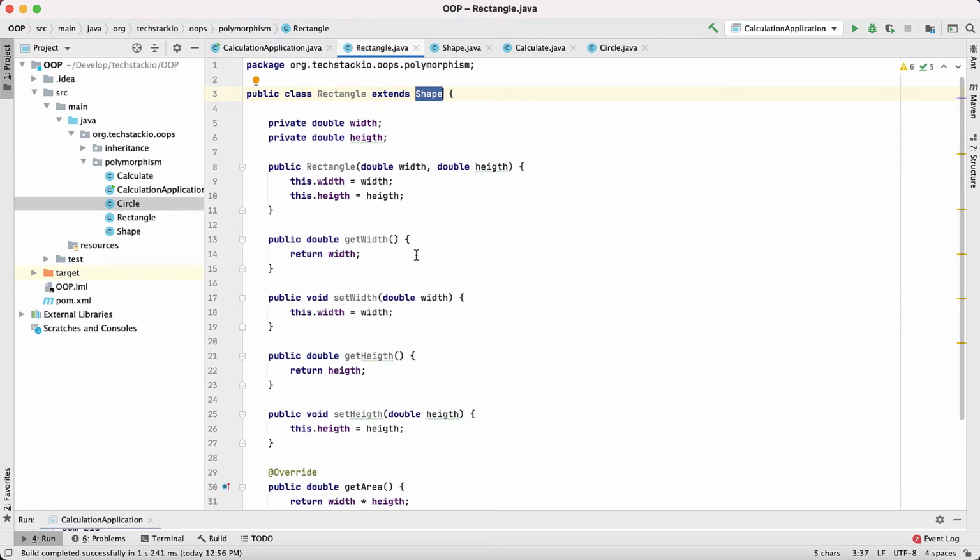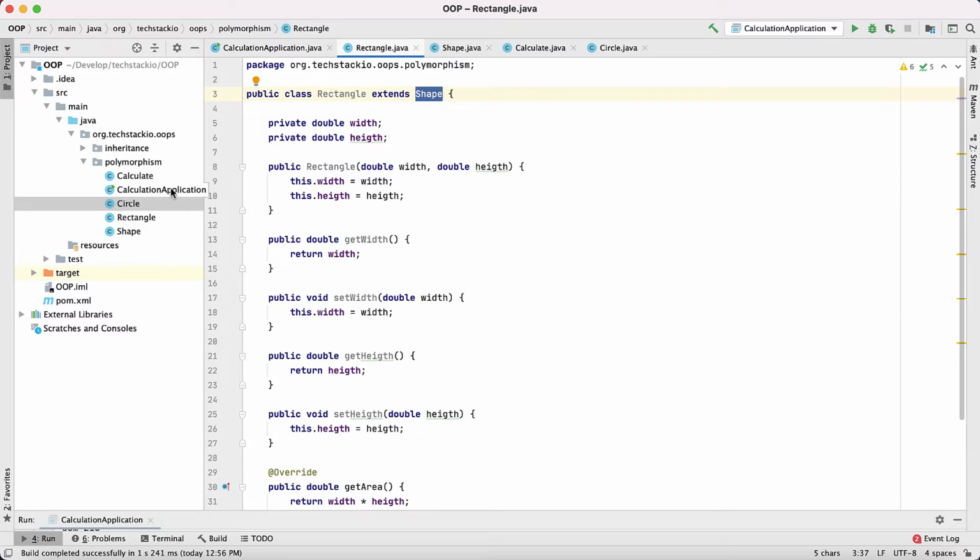Whenever we extend it, it inherits all the public and non-private methods. You don't have to rewrite those methods which are already in the superclass. But if you want to change the implementation of some methods in subclasses, that's when we can use the overriding concept.